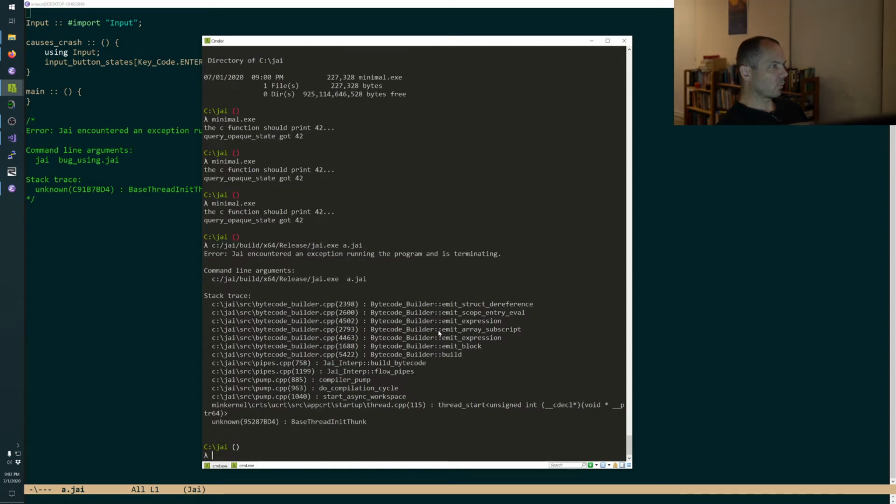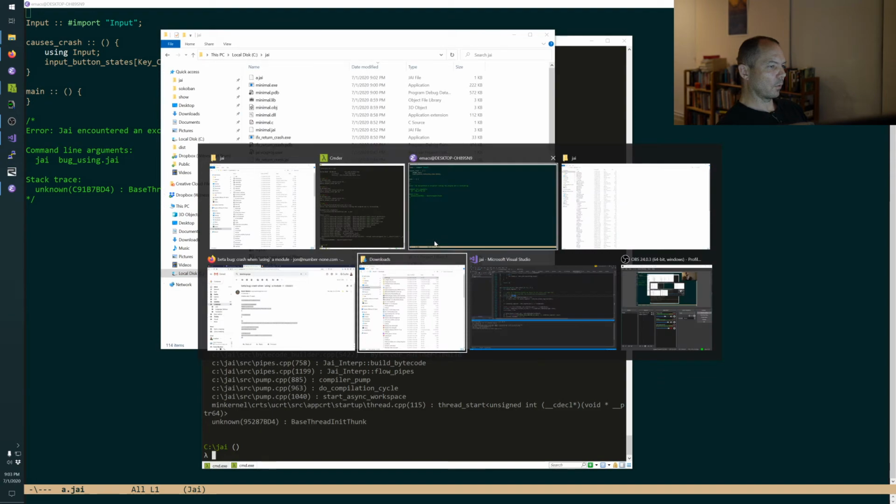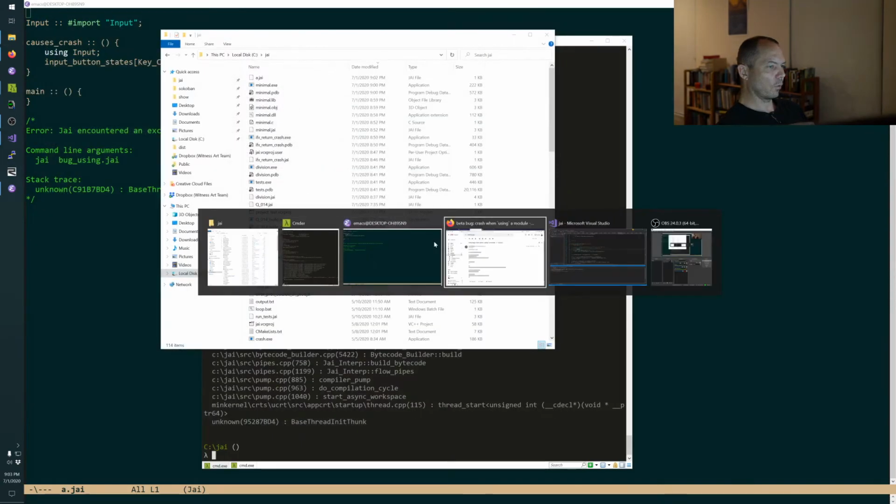Still does crash. Interesting. That shouldn't happen. Let's close some of these windows.